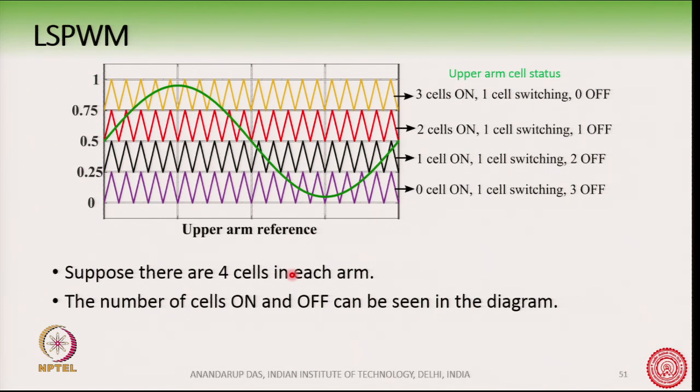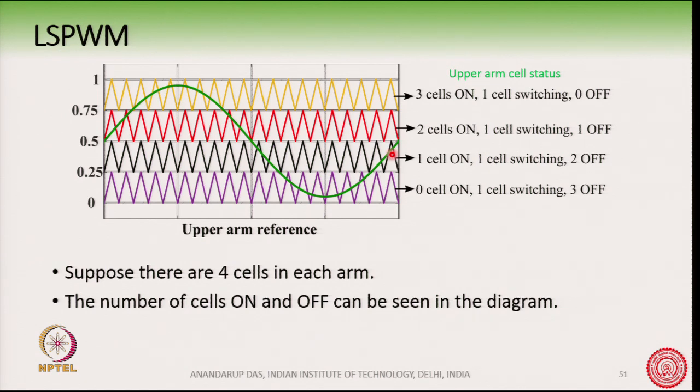Suppose this is an upper arm. We have already got the upper arm reference waveform, that is VU star, suppose if it is A phase, VUA star, we have got that reference. This reference is this green waveform. Now, we would like to switch the 4 cells in each arm. You can assume that the arms are composed of half bridges, and so when you do the level shift PWM here, since there are 4 cells, I have taken 4 carriers which are vertically phase shifted. The modulation index is very close to 1, say about 0.9. Now, you see here